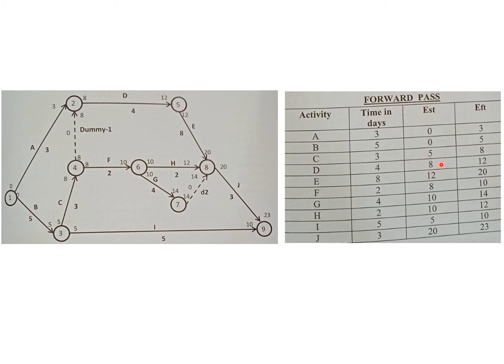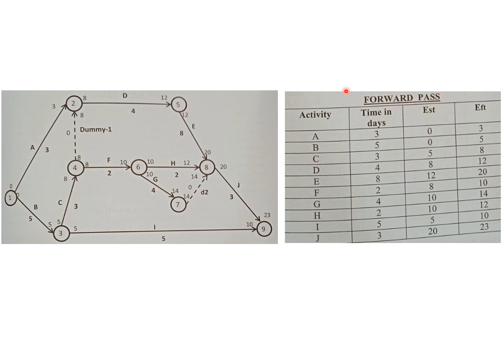Why 8 days? Because A and C are both preceding activities of D, only after A and C are both finished can you start. Whereas A finishes in 3 days, but for C to finish, you will require B2 to also finish. So you have 8 days over here. So the earliest start time for activity D is 8 days, and activity D by itself takes 4 more days to complete. So the earliest finishing time is 12 days, right? When you look at it from the beginning and go towards the end, this is called the forward pass.